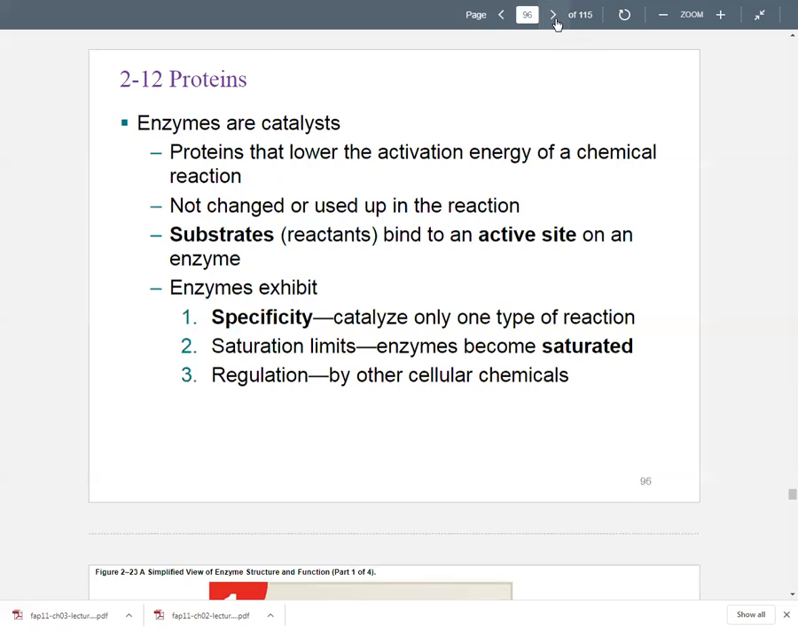All right, so enzymes. So enzymes are catalysts. Okay, so we said that was a property of proteins, that they can serve as enzymes. So what do catalysts do? Well, they lower the activation energy in a chemical reaction. So the way I would describe that is,